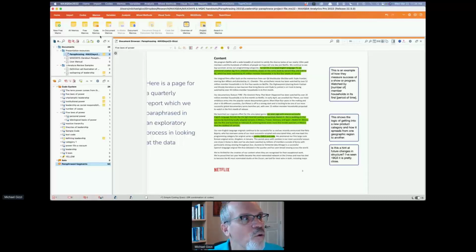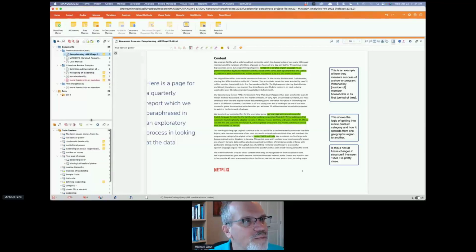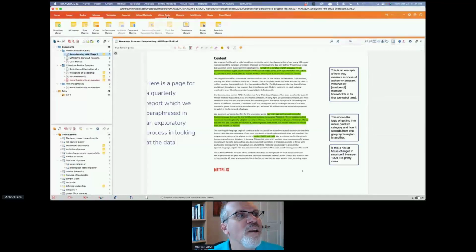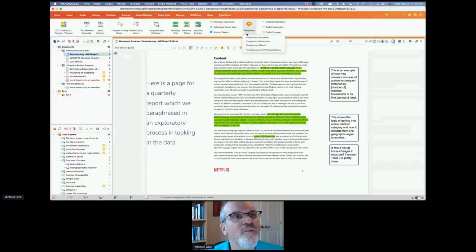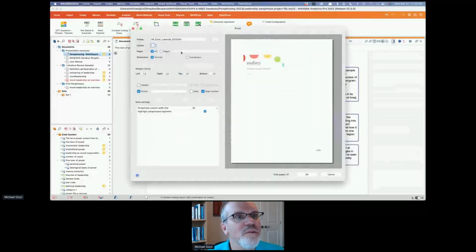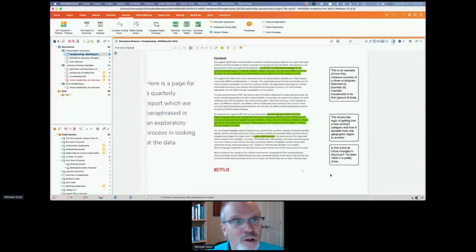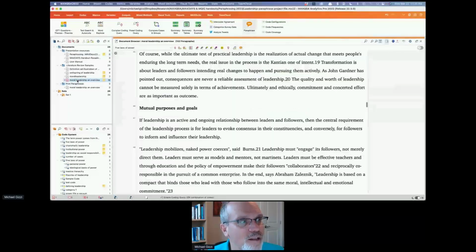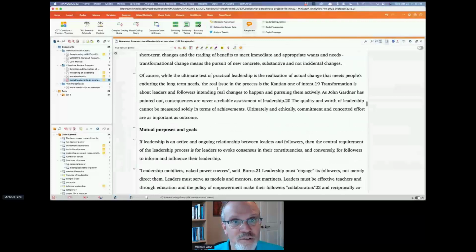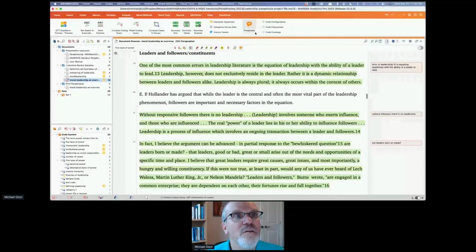So, for example, I would go analysis, paraphrase, print document with paraphrases. I'm sorry, it's only going to work on the document you're in, so I have to be in a document that has paraphrases. So here's print document with paraphrases.